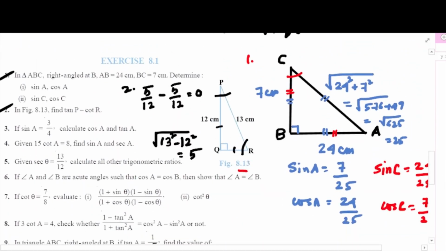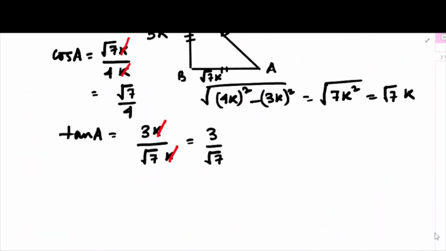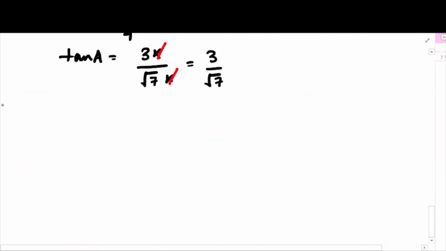Next one is question number 4. In question number 4, we are given 15 cot A equals 8. We have to find the value of sin A and sec A. So in question number 4, we have 15 cot A equals 8. So again, if we draw the triangle,